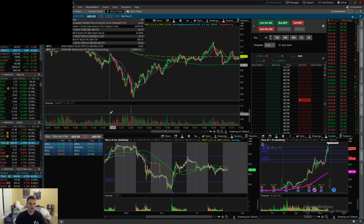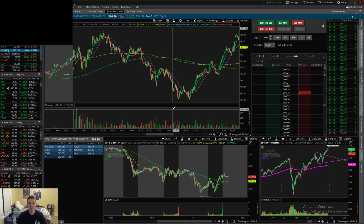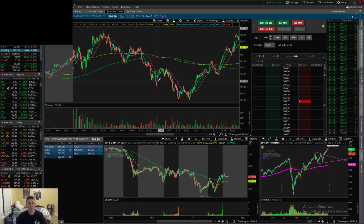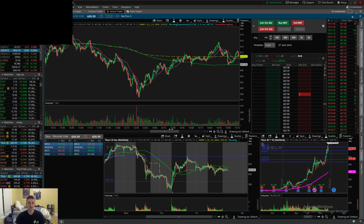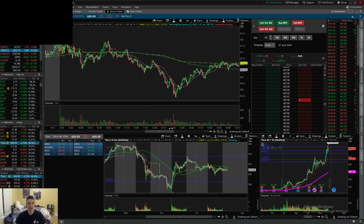So remember this time right here. This is 12 o'clock to 12:30. Now let's look at what was happening in the SPY in that time. It's a literal copy. So that gives you a clue that it's not really Tesla moving, right? It's just the market moving, and that context is important when you're going to take a trade,